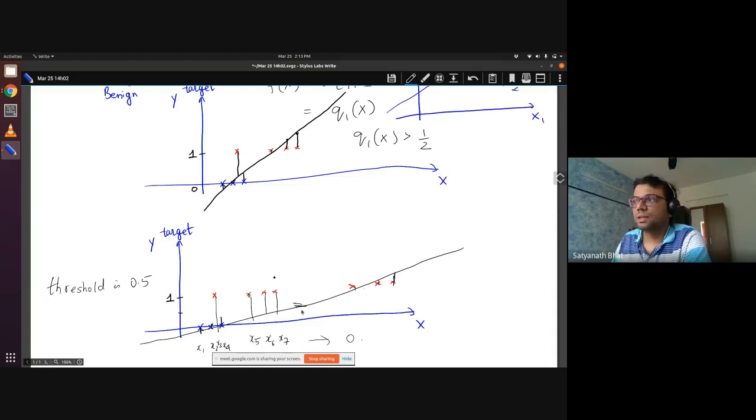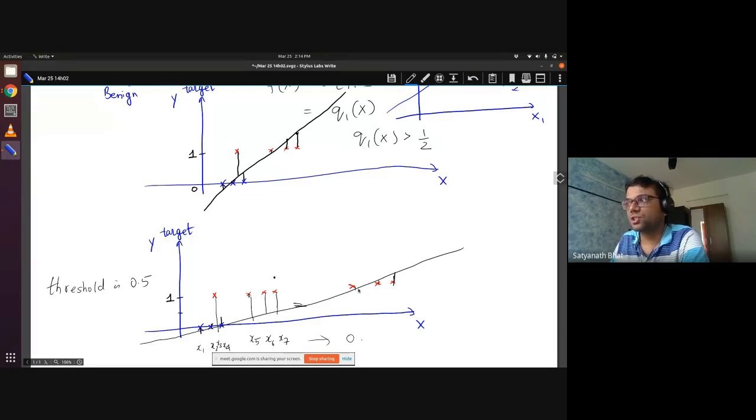Now, what does linear regression do? It tries to fit a line which best approximates the set of points that you are seeing here. When you try to do that, because there are a few points lying at the extreme of x, and you are trying to minimize the error bars that I'm showing with my cursor, this would be the best line you can think of. And when that happens, the threshold is 0.5. So all these points where the hypothesis W transpose X is less than 0.5 will be treated as 0.